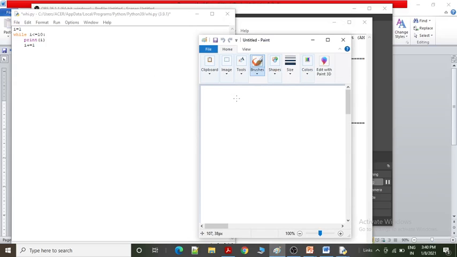So in that case, if we put i equals 1, it again checks the condition i less than or equals to 10. The recent value of i is what? The recent value of i is 1, so the condition is true here. In that case it will print the value of i. What is the value of i right now? The value of i is 1, so it will print 1. Again it increases the value by 1, so it adds 1 to 1. So the value is increased by 1, and now the value of i is 2 here.